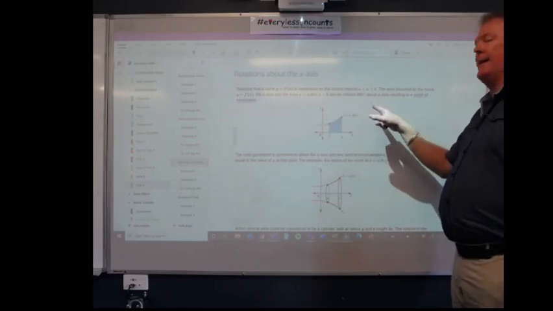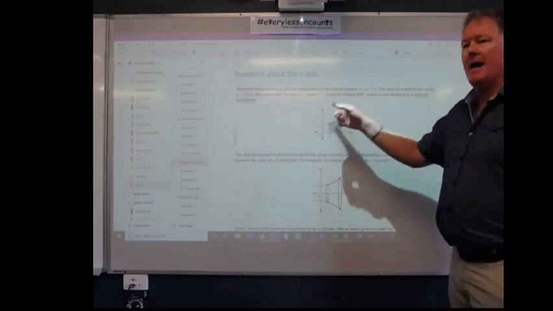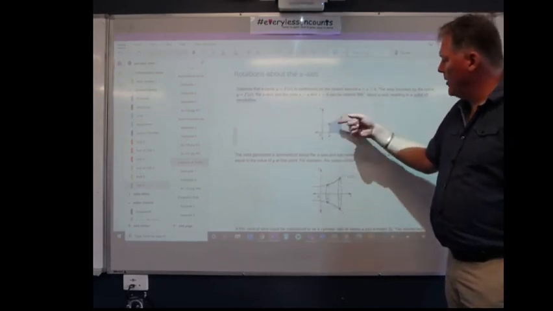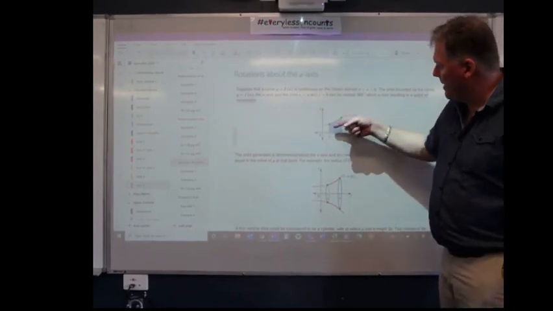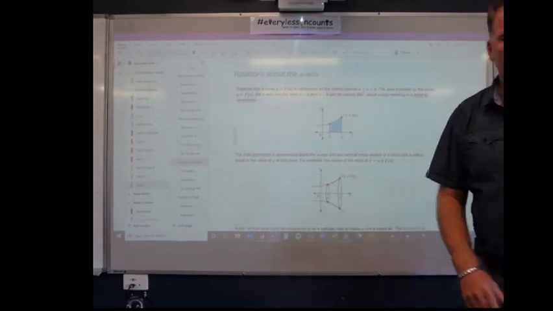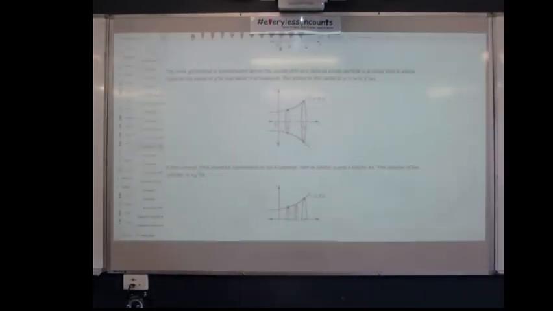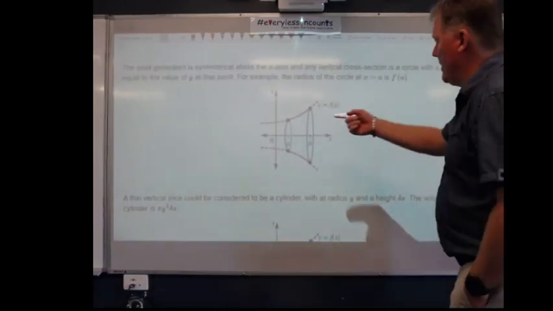Now, I had the root x function before just to graph something, right? But it doesn't actually matter which function you've got. So let's say we want to find the volume of rotation around the x-axis. Basically what that means is I'm going to take that blue shape there and just rotate it. And then you end up with that shape there. So you look at your